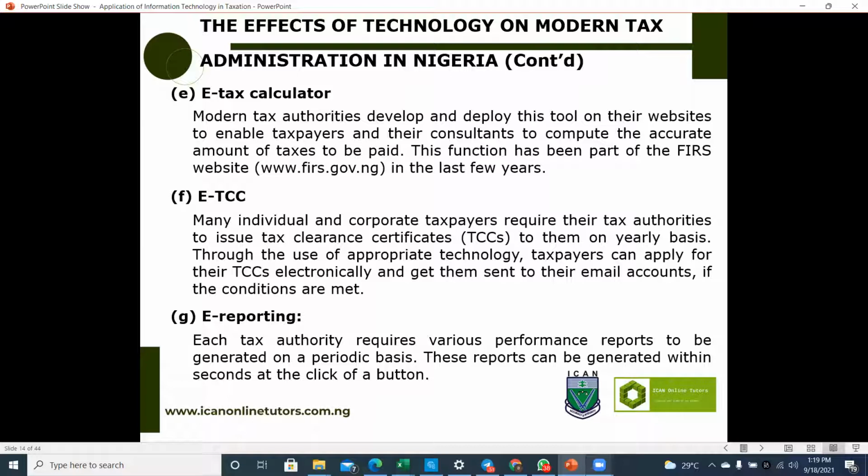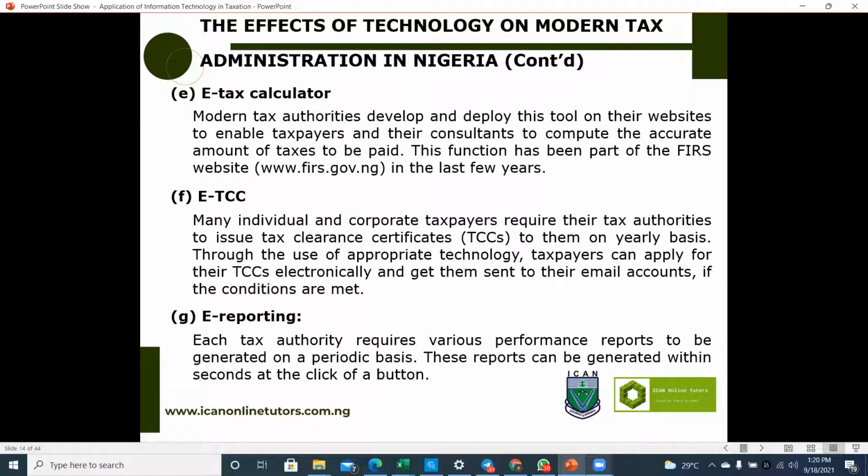We have the electronic tax clearance certificate. Yes, unlike before, you had to fill the application for tax clearance certificates manually. You submit to the tax authority manually. They carry on the applicable processes manually, and you'll be asked to come and pick it up in the office. That was the conventional way of